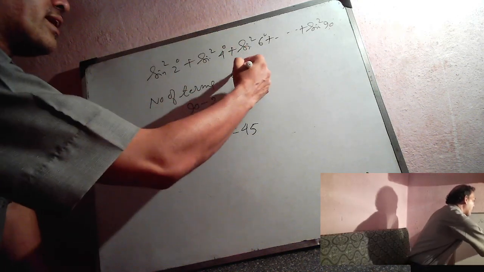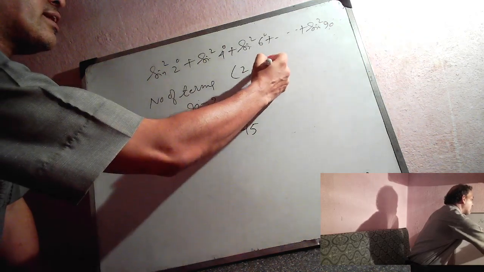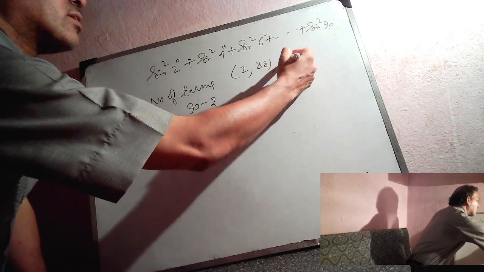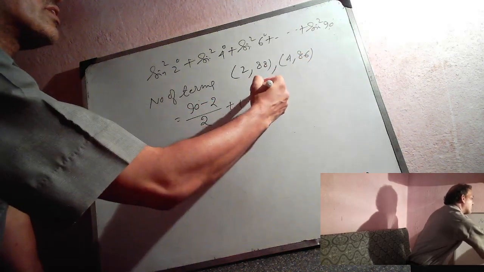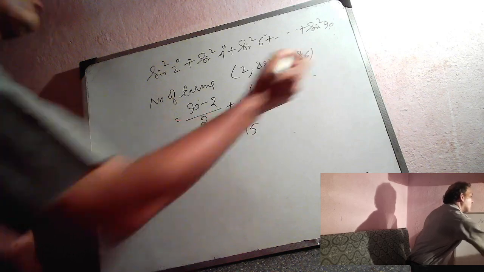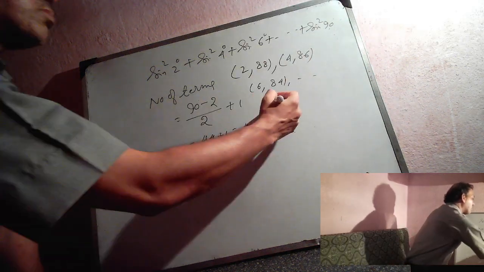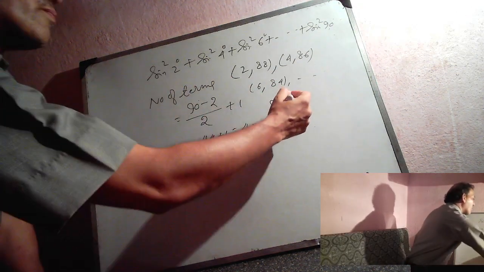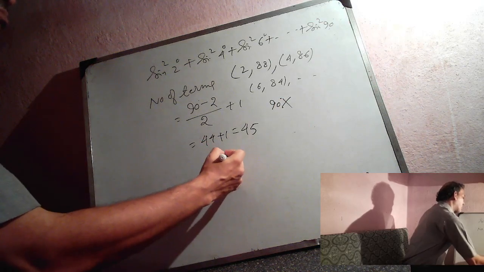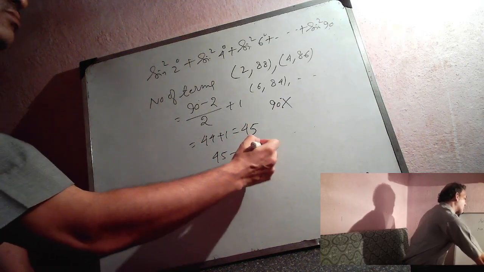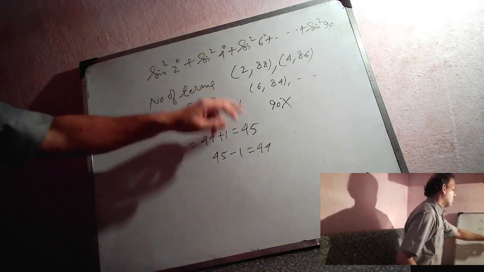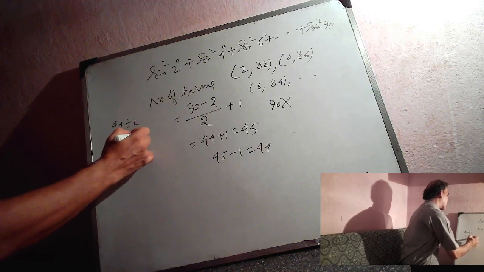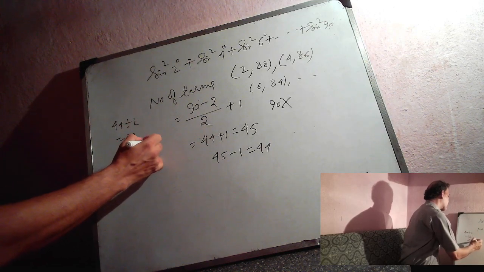Now we can pair taking 2 with 88, that means sin square 2 plus sin square 88, again 4 with 86, 6 with 84, and so on. But we can't put 90 in this system. We need 0. There is no term of sin square 0. So we have to exclude one term from the total number of terms, 44. With 44 terms, we can form 22 brackets.